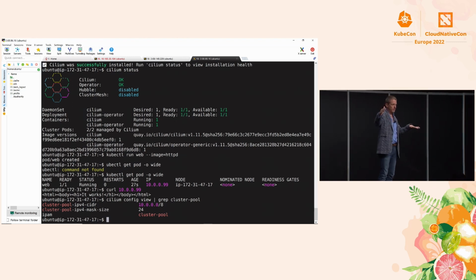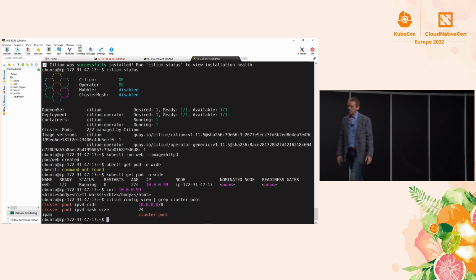You don't want to conflict with the public IP address because they might need to reach you or vice versa. You could proxy them, but you don't want to conflict with the host IPs. That would be confusing. And then the pod IP space is also going to need to be unique.